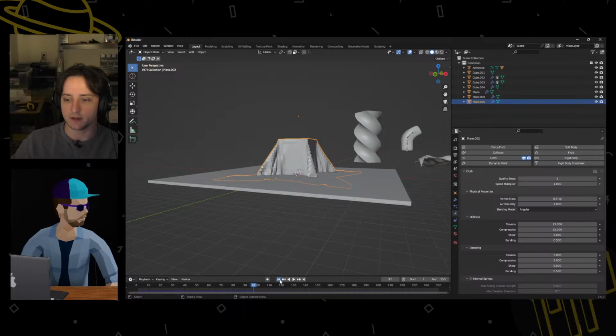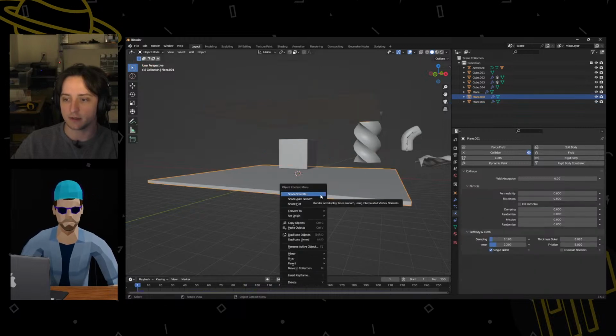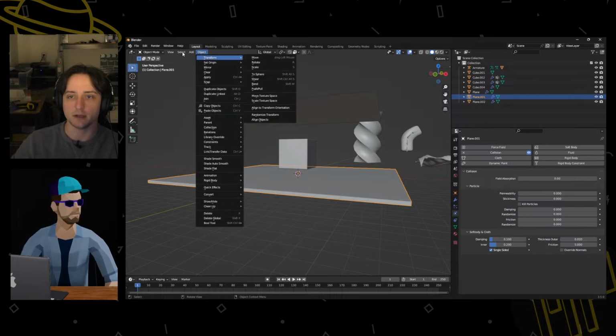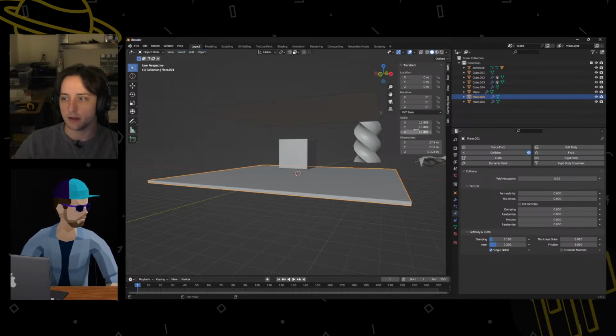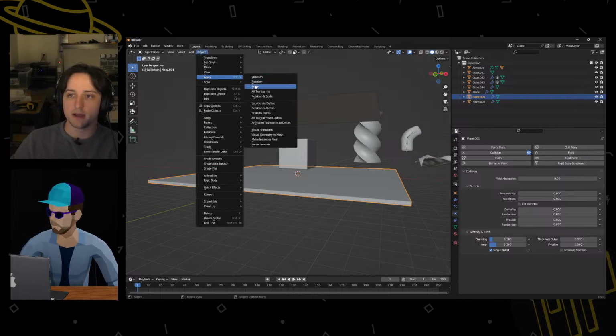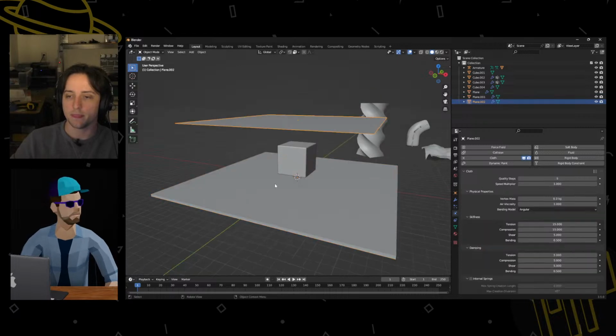So it did this because, well, I don't think that I applied my scale to my plane here. So we can check. Yep, I did not. So object, apply scale. Now if we play,